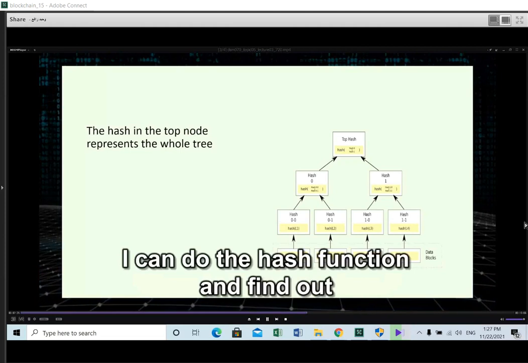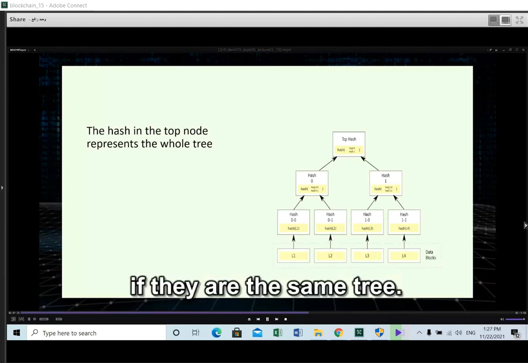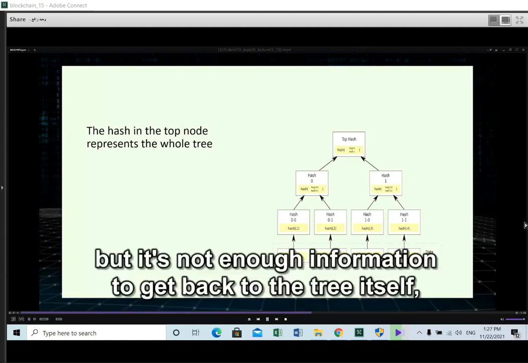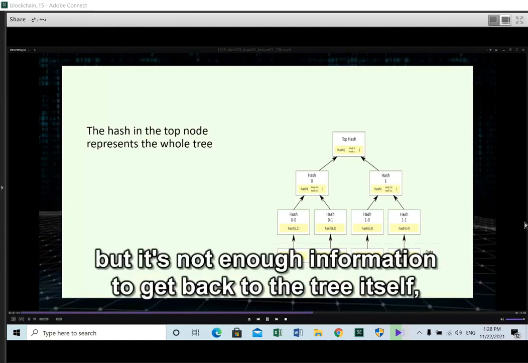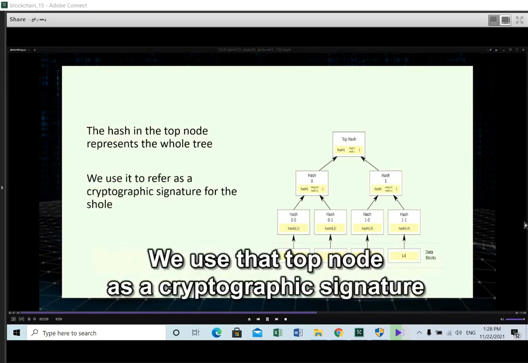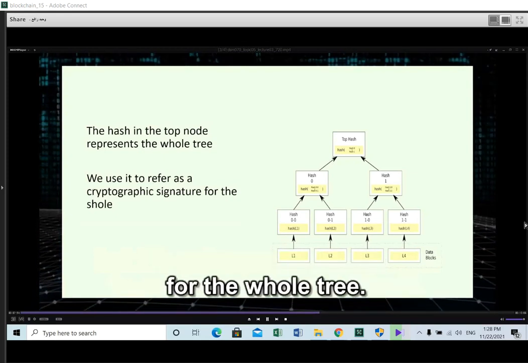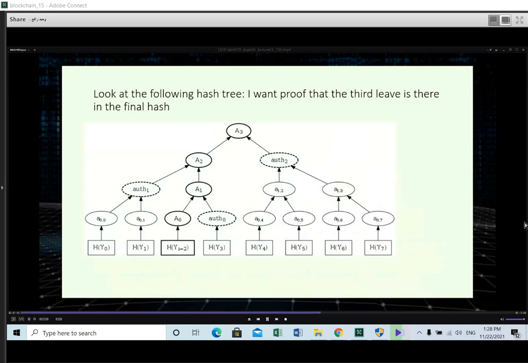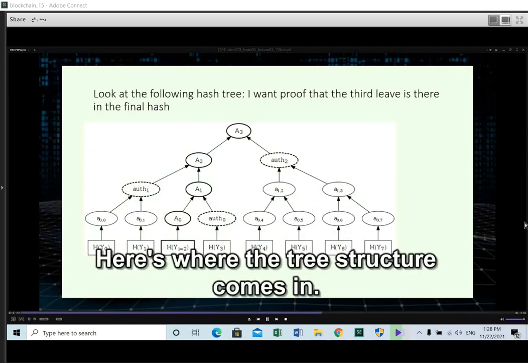Okay, right, you get that? So what I'm going to do is think about what I have to do to check that it's there. Well, that leaf, if I think of what happens in making the tree, that leaf gets hashed with... it becomes hashed up to A0, and then A0 gets put together with auth 0 next to it, and gets